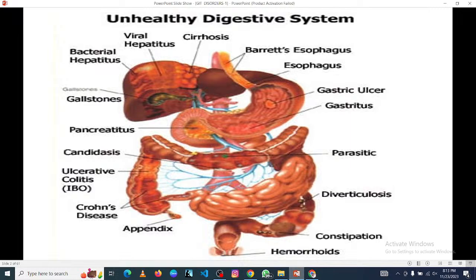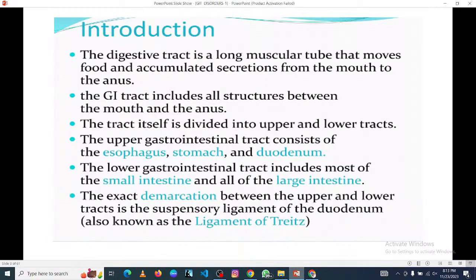You can have gallstones. You can have hepatitis, bacterial or viral. You can have liver cirrhosis. Depending on how you treat your digestive system, you can either end up having these particular disorders or probably not have them. We've talked about several of them,